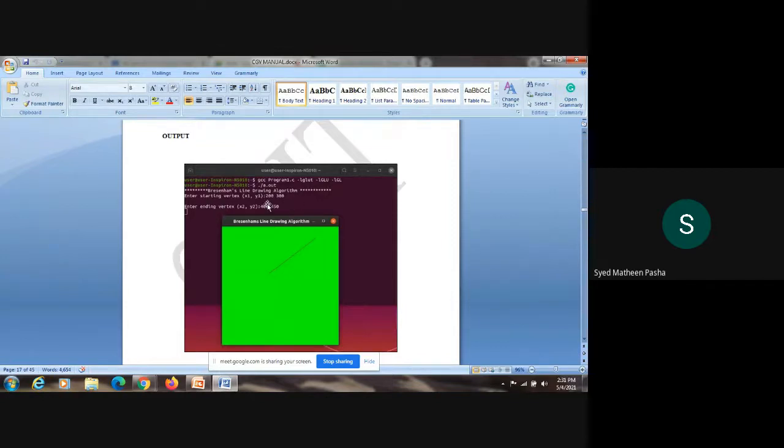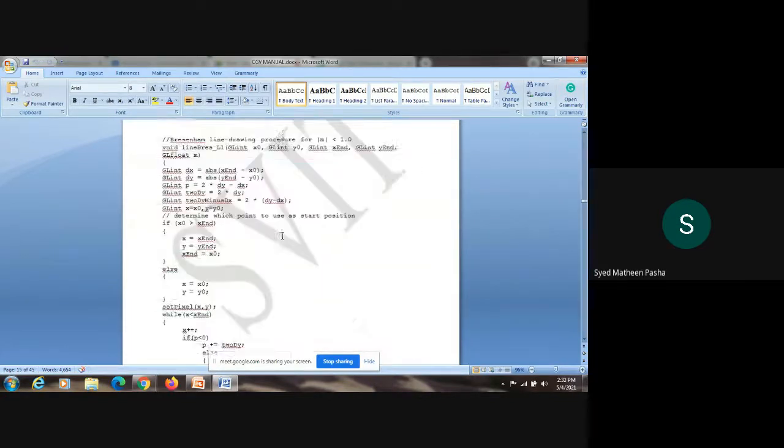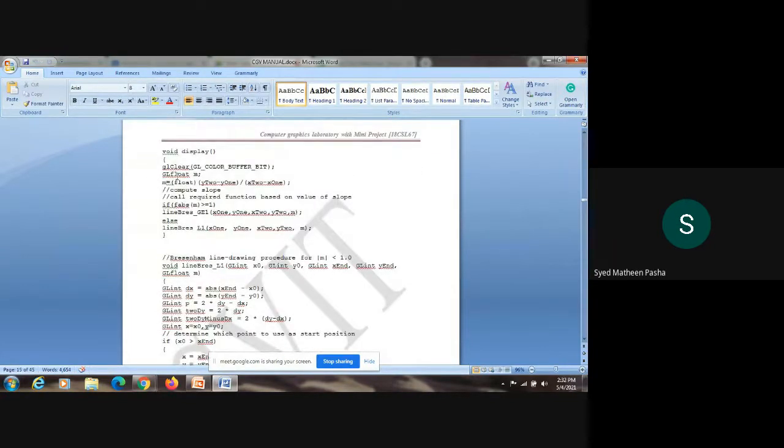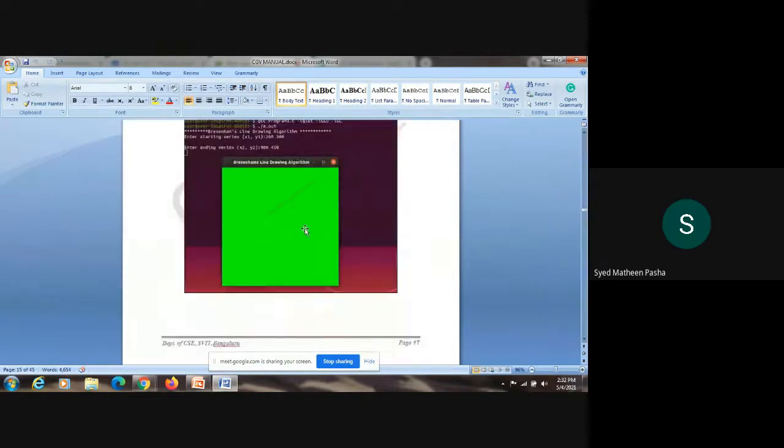statements are printed, then it will directly go to the algorithm part, that are nothing but two algorithms. Then it will display the line onto the screen. This basically depends on which function is correct there. In the void display function, check what it is giving. In the void display function, if this slope value is greater than 1, this slope is defined there. Else, if the slope is lesser than 1, this slope is defined onto the screen. So this is the output of your program.